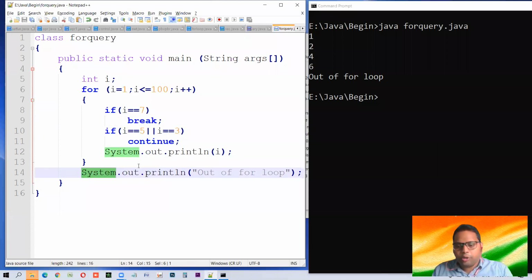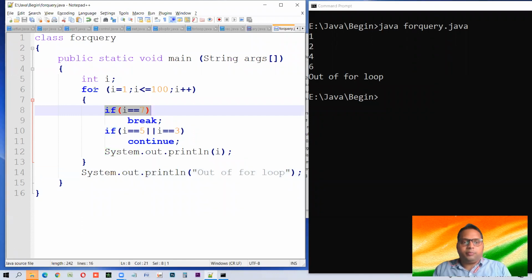So in order to understand the use of break and continue, you have to first understand how the if condition is working. For this, you watch the if conditions video. And please watch this particular section of the video again and again, or practice it with a different set of situations. You will understand it.